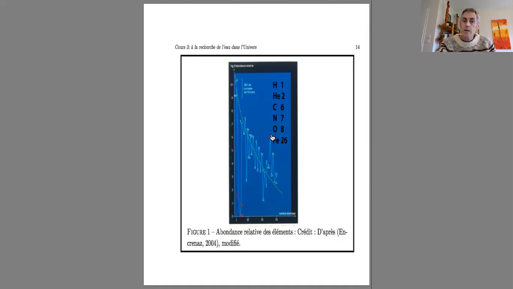But why the peak here in the iron relative abundance? Because iron is a sort of bottleneck. The iron nucleus is the most stable of all the nuclei, and so that's the heaviest element that you produce inside the stars, and as a result you have a relatively large amount of iron given its large atomic number.